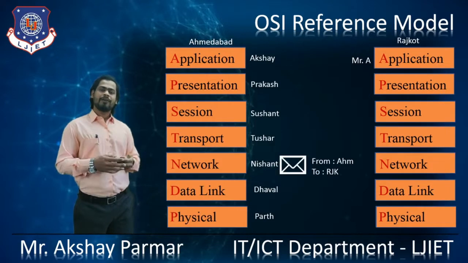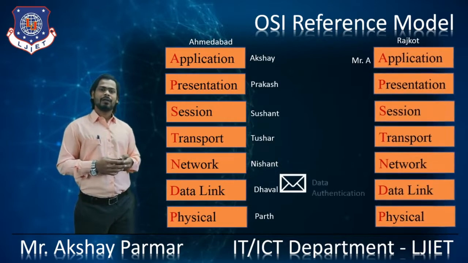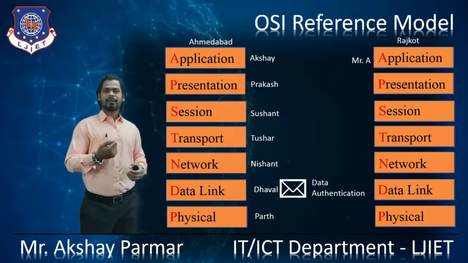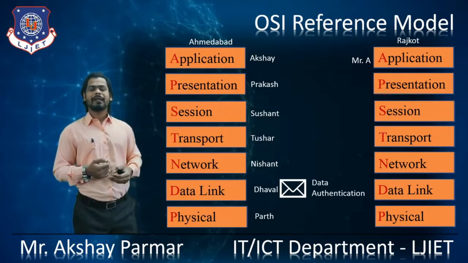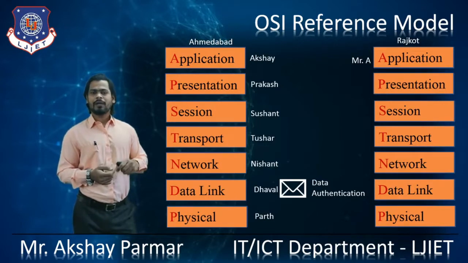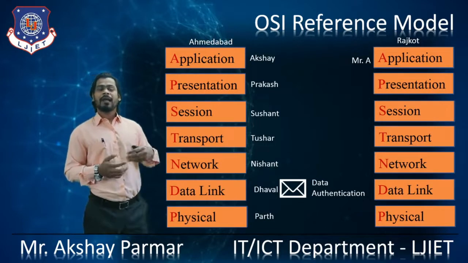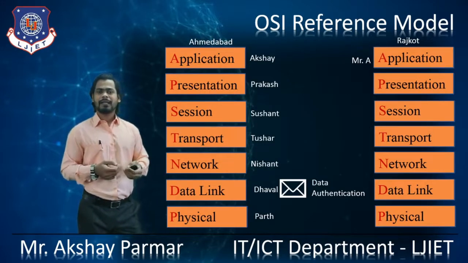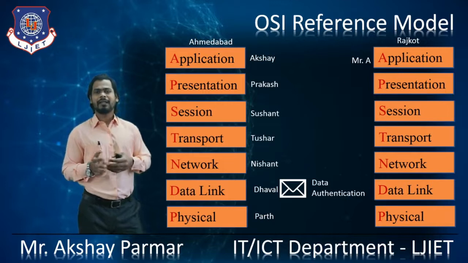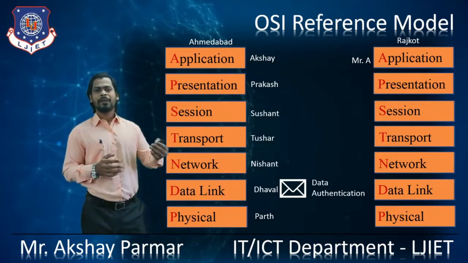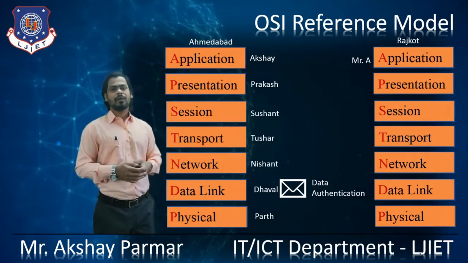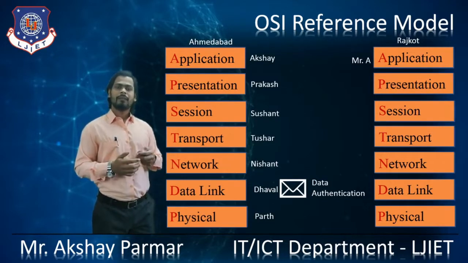After that, the closed envelope is sent to Dhaval. Nishant will send that envelope to the data link layer and observe that this envelope is stuck with gluing material, right? So anyone can open the envelope, access the important data, and after reading that important document, they can put it into the same envelope, stick it with the same gluing material, and no one can know. So Dhaval will put a rubber stamp on the closed envelope.